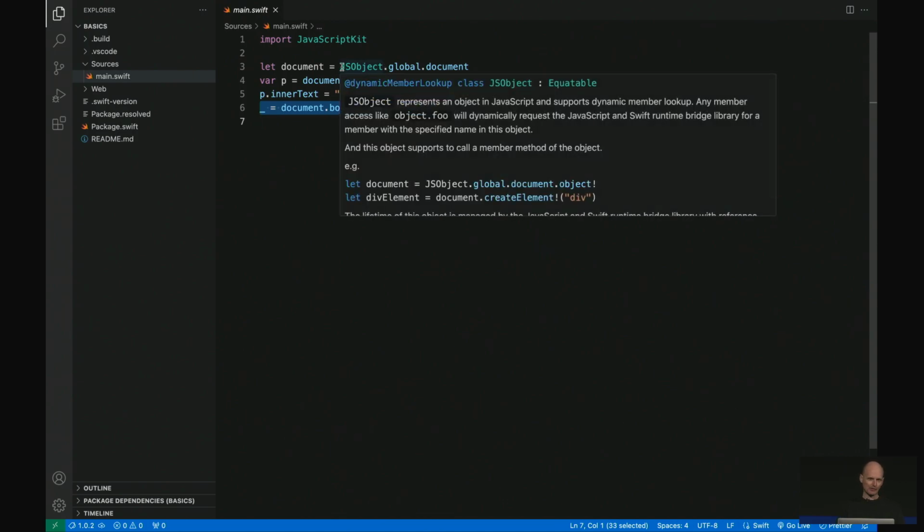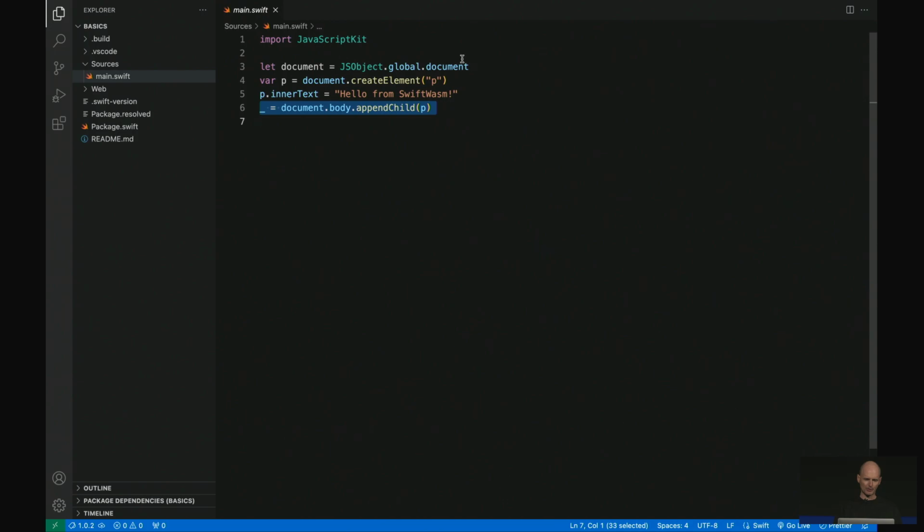But most of the other stuff is just dynamic member lookup. So this document property, this create element method, inner text property, the body property, append child method, it's all dynamic member lookup. So there's no static typing, there's no auto-completion, so it can be a little bit tricky. And keep your MDN on the side so you can look up the correct names for all of the different